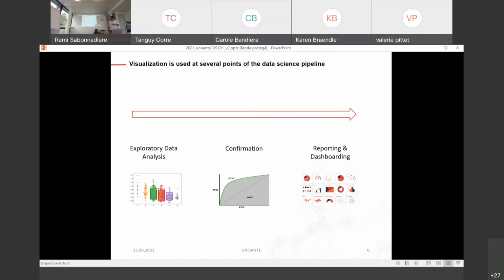And last but not least, reporting and dashboarding. You can have a tremendously well-done algorithm and excellent results, but if you are not able to communicate this result efficiently to your audience, it's not going to be used. I've seen tons and tons of use cases where data scientists have performed great analysis. It was super clear, super well done, but at some point they gave the audience something too complex